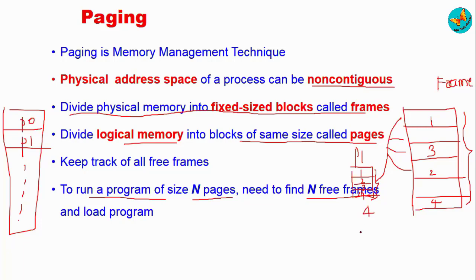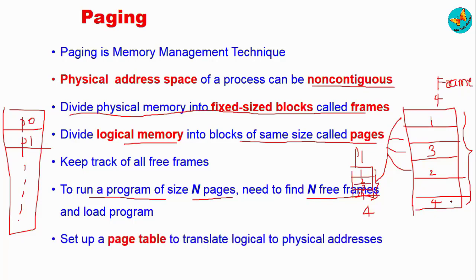You may be wondering how this virtual address may be converted to a physical address. So obviously we have to maintain a page table for this. In the coming slides, we will see what type of hardware is required and how the conversion can take place. So basically, virtual memory you will divide into a number of pages, and physical memory you will divide into a number of frames. And these pages can be put non-contiguously in the main memory.